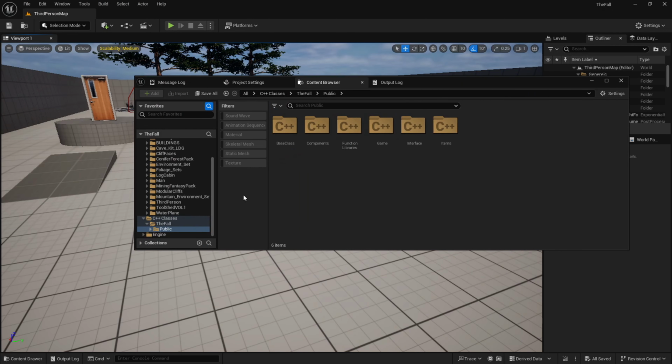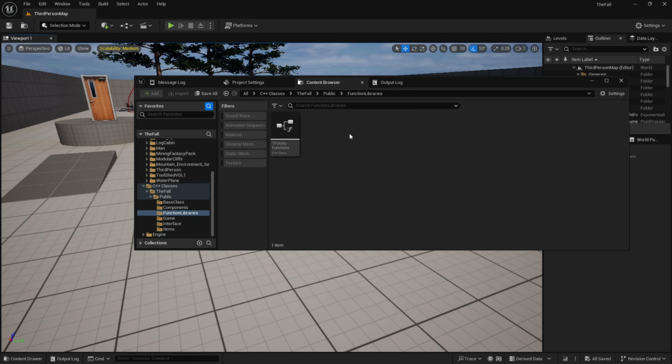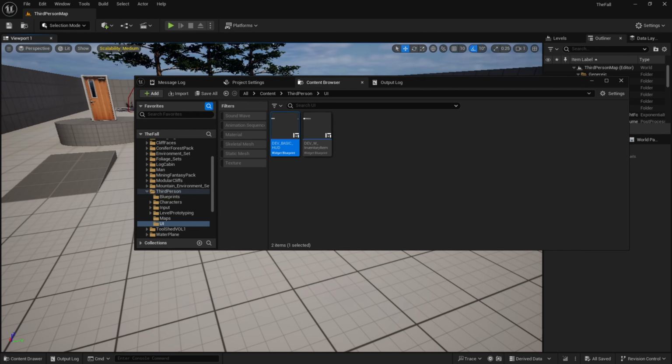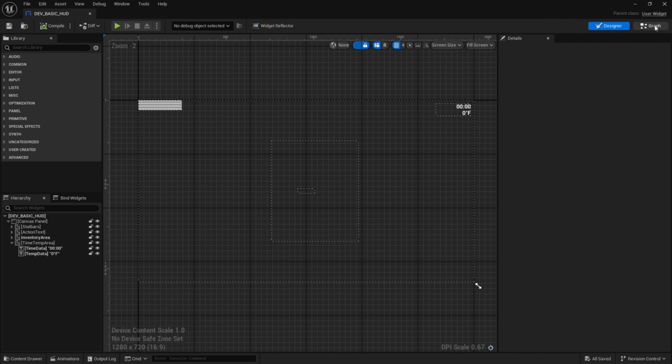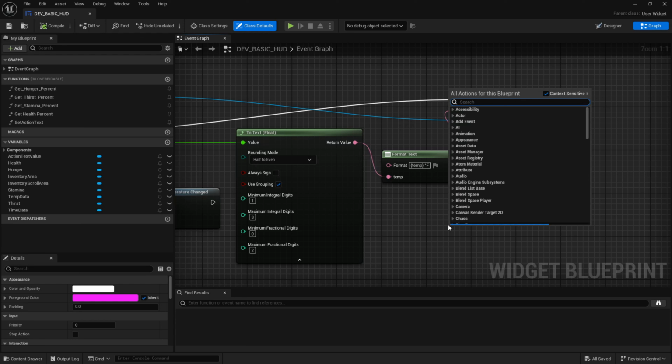Pull things over here. And you can see that function library is actually visible, unlike our data types that we have. So, to test this out, we're going to go into our HUD. And we're going to go graph. Convert Fahrenheit